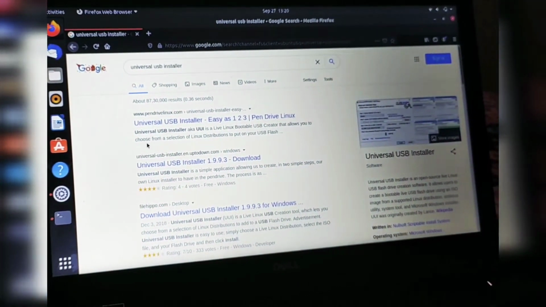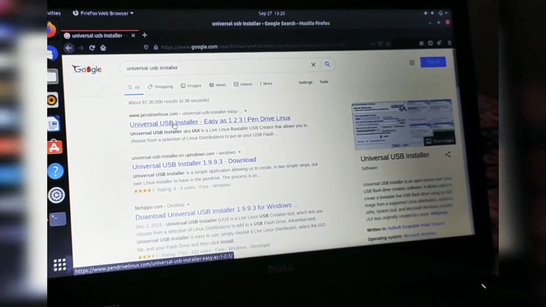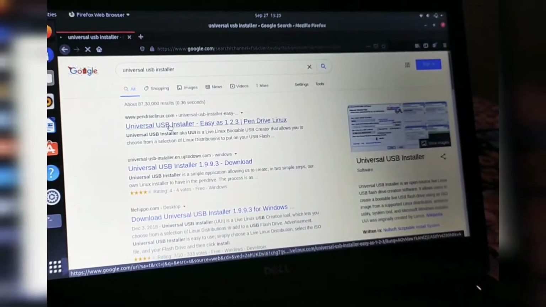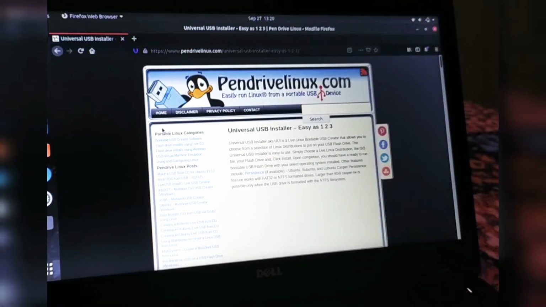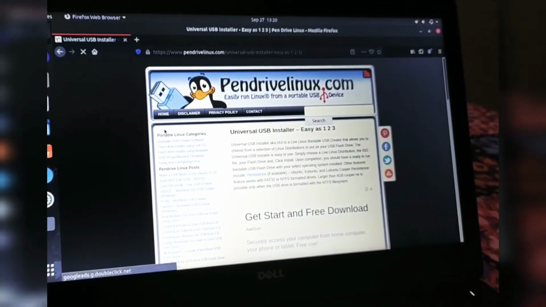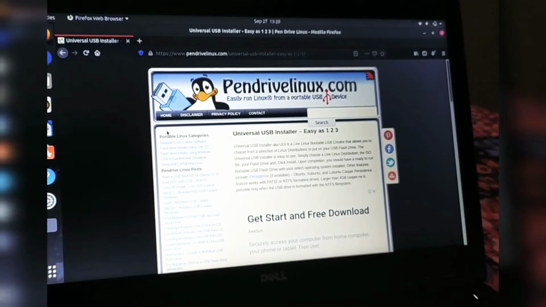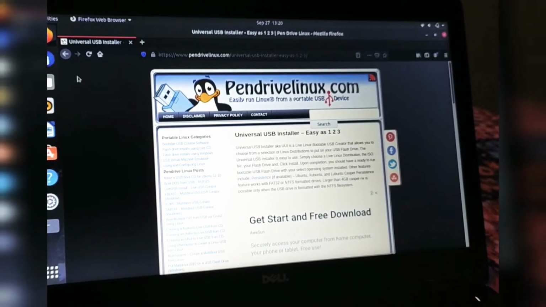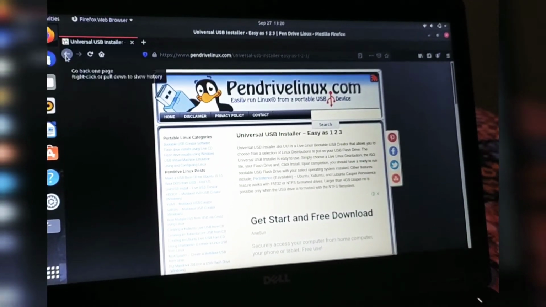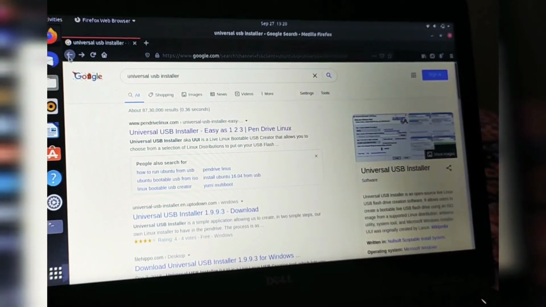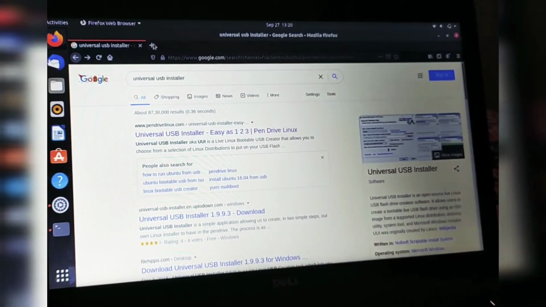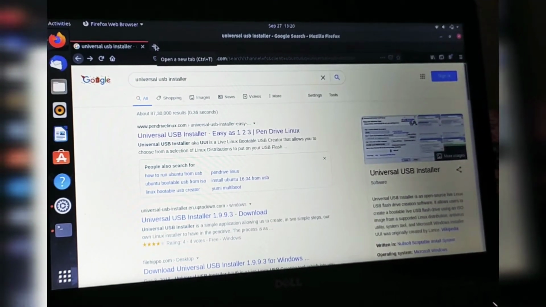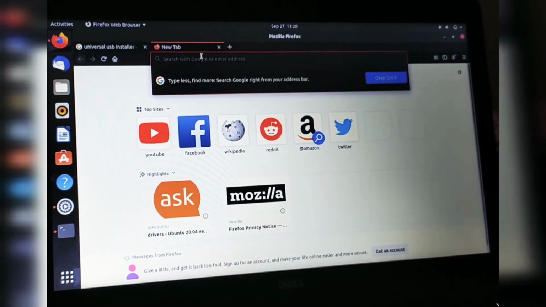Using this software you can boot your pen drive with Ubuntu 18.0 or any other version. I've already downloaded this, and I've already made my pen drive bootable. Basically you have to download Ubuntu 18.0 as well on your other laptop, and you can download it from here.